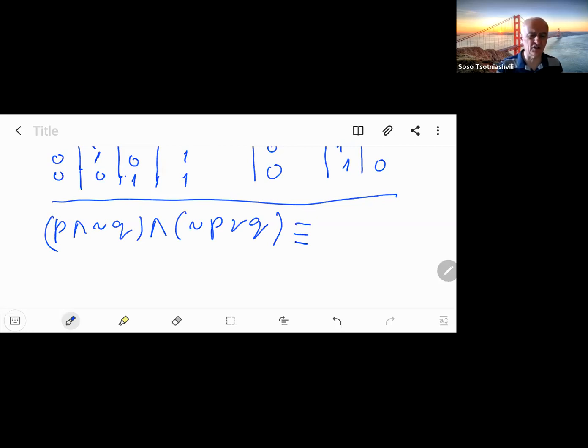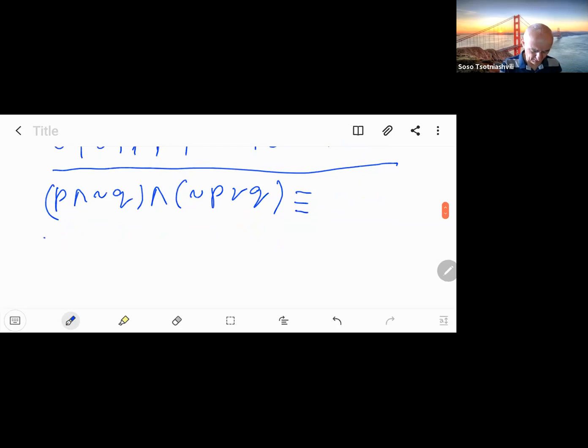This is a contradiction. Now let's show it without a truth table, just simplifying this expression using basic formulas. So I will rewrite the first part without any change, P and not Q, and